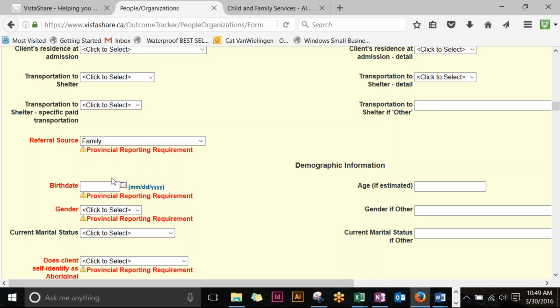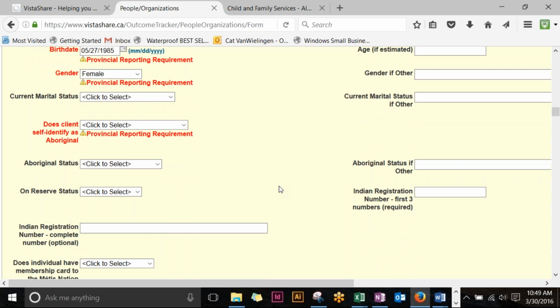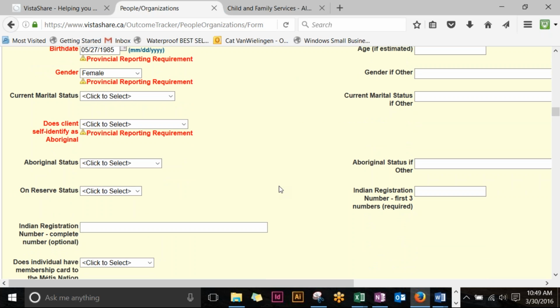So we'll say that a family member referred Marge. We are interested in Marge's age, and so we do want to track her birth date. So we'll enter, for your information, that's my birthday. We want to know gender. We also are interested in